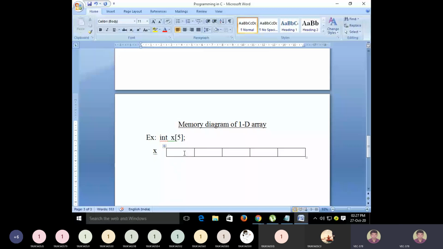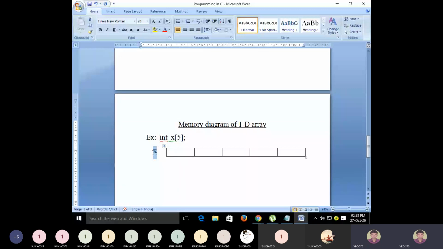So how much total memory will be allocated here? Each element, that means first element integer, second element integer, third element integer, fourth element also integer, fifth element is also integer. Okay. So integer means 4 bytes, 4, 4, 4, 5 into 4, total 20 bytes of memory will be allocated for this variable x, and all these 20 bytes of memory will be allocated consecutively at one place. Okay, and this entire block of memory is identified by the name x.